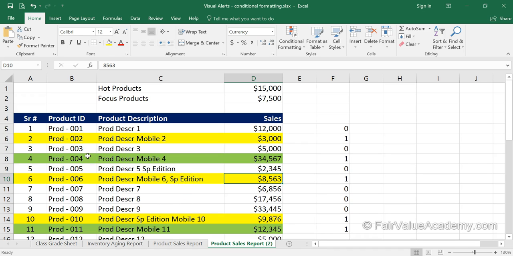So this was an example of how we can use a combination of text and number formula for conditional formatting. And of course, you can use as many combinations as possible within one rule of a conditional formula. As long as the overall formula gives you the answer true or false, the rule will work.